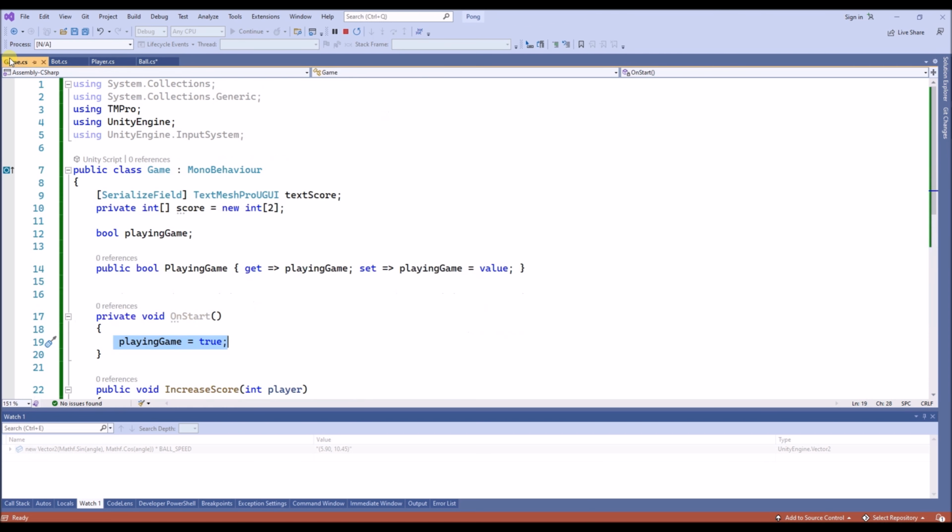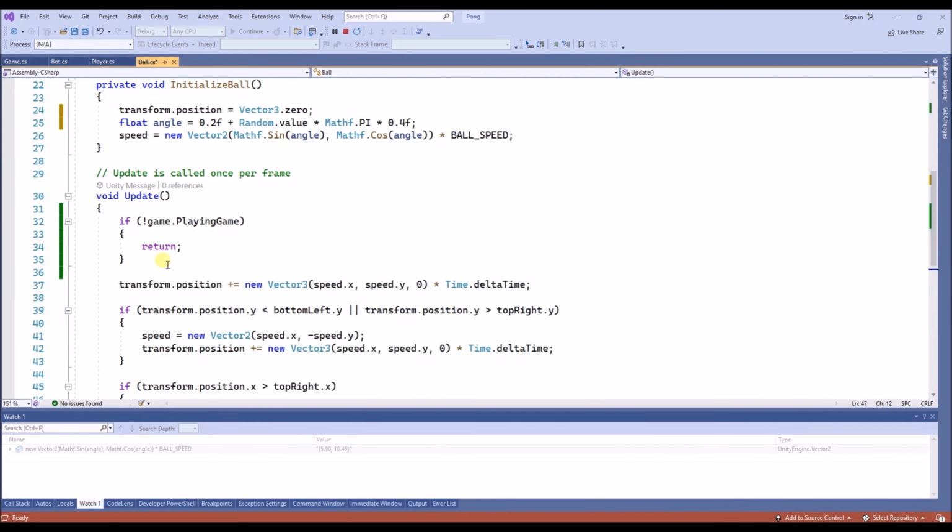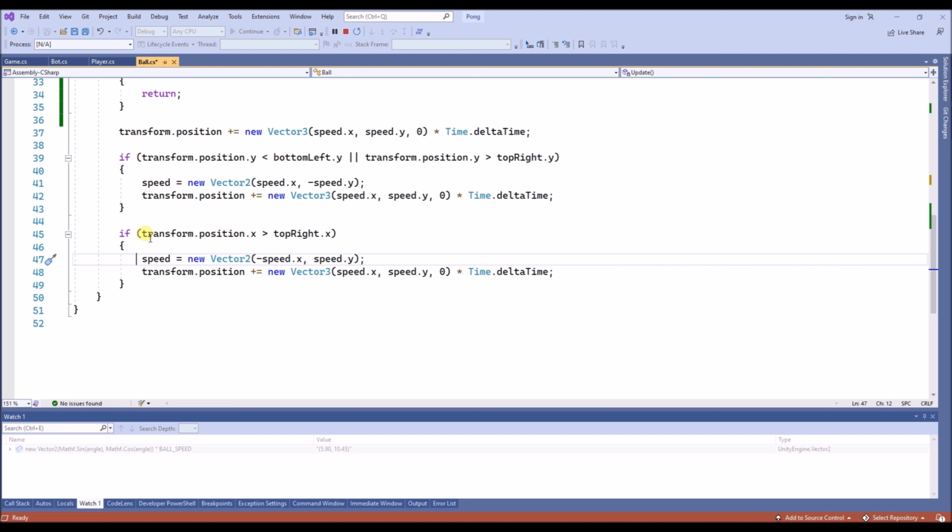And we also need to expose that, this one we already did. So if we're not playing the game, we will just return immediately in the update function of the ball, so the ball won't move as long as we're not playing the game. To detect whether we need to increase the score, we're gonna change this bouncing of the right side,